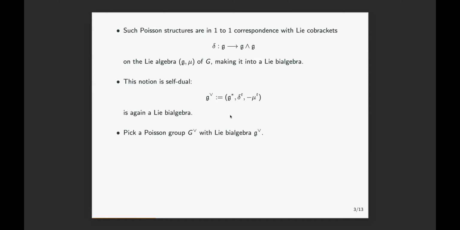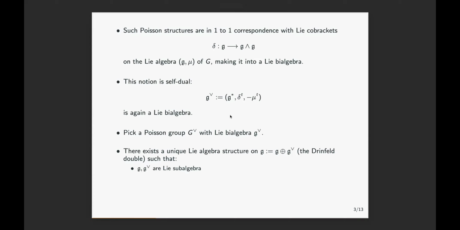And then another important ingredient of that story, which merges those together, is the so-called Drinfeld double of g, which happens to be also the Drinfeld double of g dual. This is kind of important. The idea is you take the vector space g plus g dual, and you can check that there is a unique Lie algebra structure on that space which satisfies the following two conditions. First of all, g and g dual are Lie subalgebras. And then the obvious pairing on that space is d-invariant.